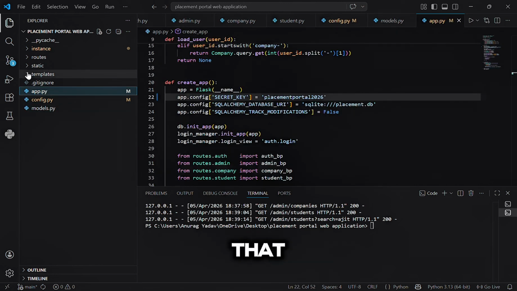The problem was that institutes rely on manual processes for campus recruitment, like spreadsheets and emails, which is inefficient. I built a web portal where the admin manages everything, companies post placement drives, and students apply for them. The system ensures only approved companies can post drives, and only approved drives are visible to students.